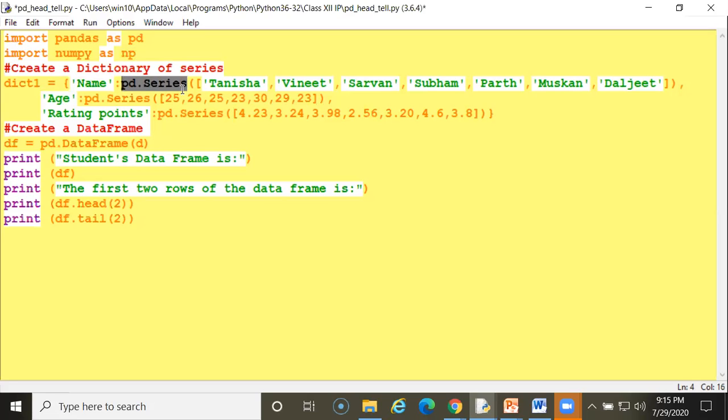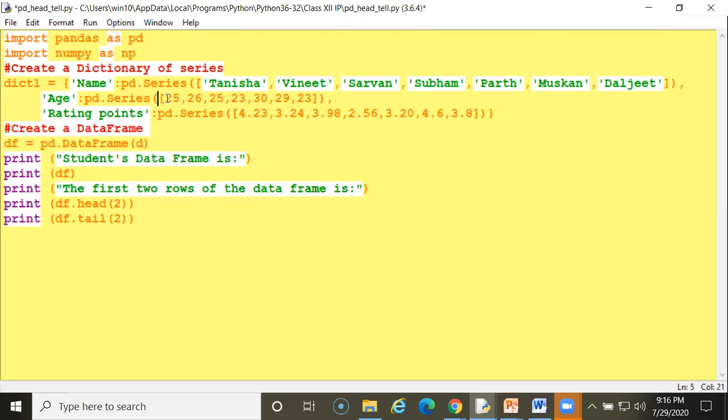Under this, these are a series of names. These are all the students' names I have written here, and under this title they will be printed.